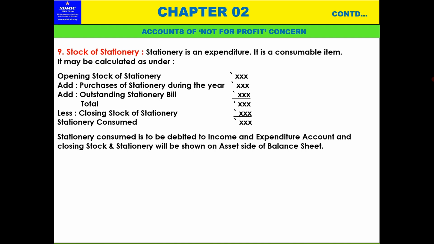Now stationery consumed is to be debited to the income and expenditure account, and closing stock of stationery will be shown in the asset side of the balance sheet. पहले भी जो अकाउंट्स बनाया था, उसमें क्लोजिंग स्टॉक क्रेडिट साइड में, जो 22 पॉइंट्स हम लोगों ने डिस्कस किए थे उसमें क्लोजिंग स्टॉक, क्रेडिट टू द ट्रेडिंग अकाउंट एंड द सेम अमाउंट विल बी शोन इन द बैलेंस शीट ऑन द असेट साइड। सेम इधर भी स्टेशनरी कंज्यूम्ड जो रहता है, दैट विल बी डेबिटेड टू द इनकम एंड एक्सपेंडिचर अकाउंट।